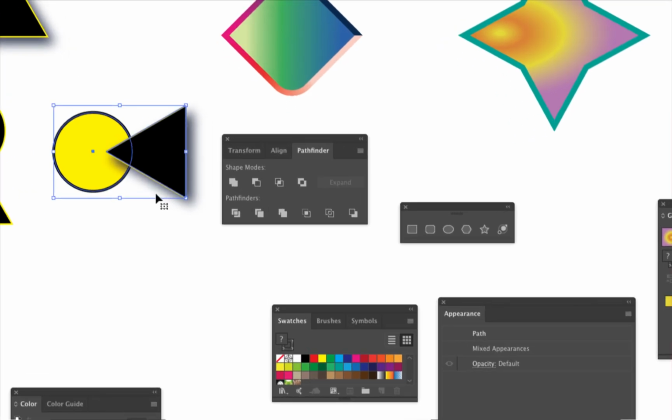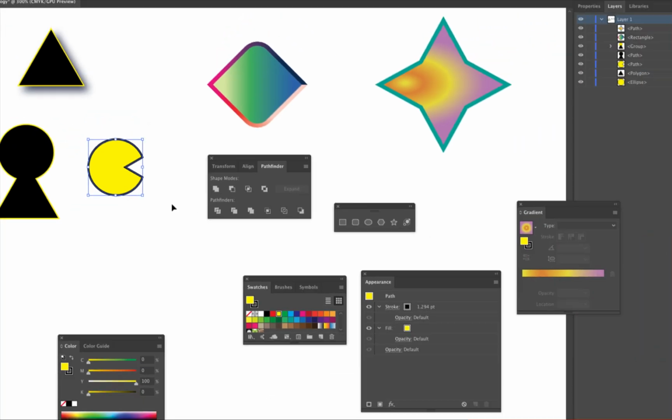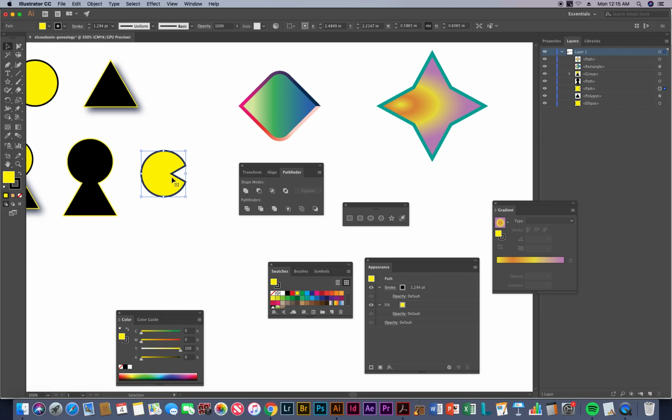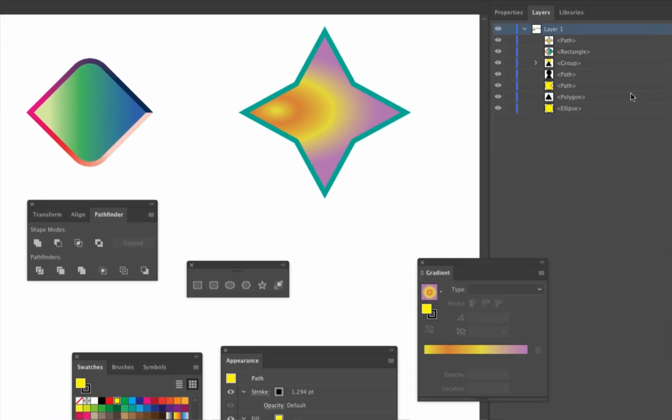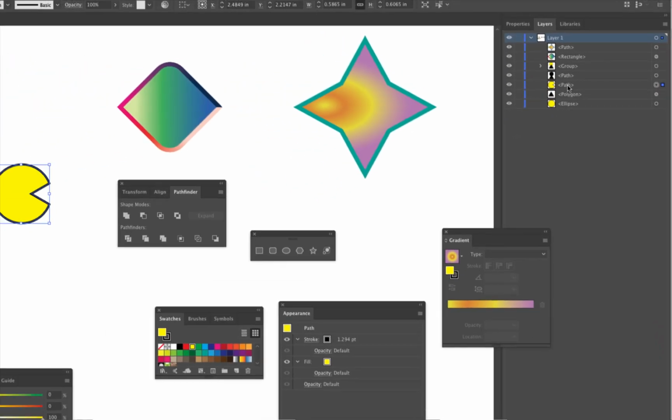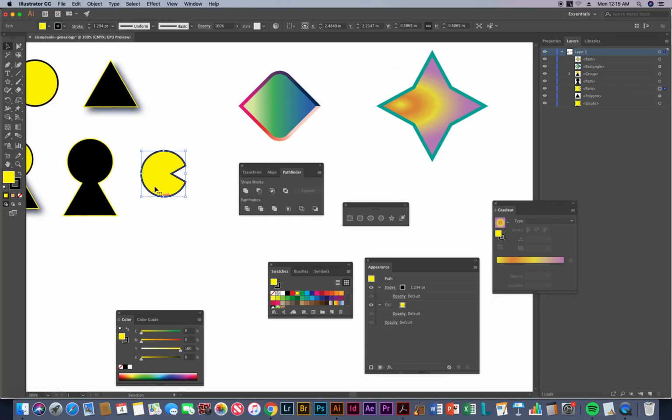So if I just click the button like this, just click it, minus front, I'm not holding option. What did I just make? I just made a Pac-Man that's listed as a path now because it's just a simple Pac-Man outline. But let's say I wasn't really happy with those results. I want to be able to kind of make adjustments. I want options. So I use option click so that I'll have those options